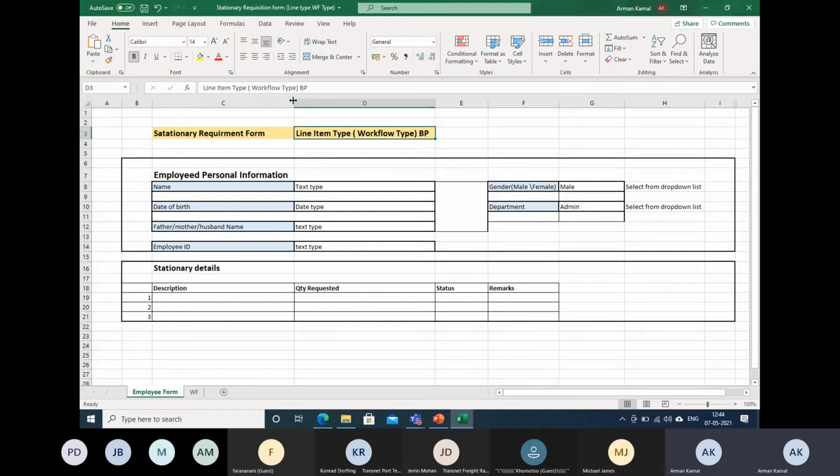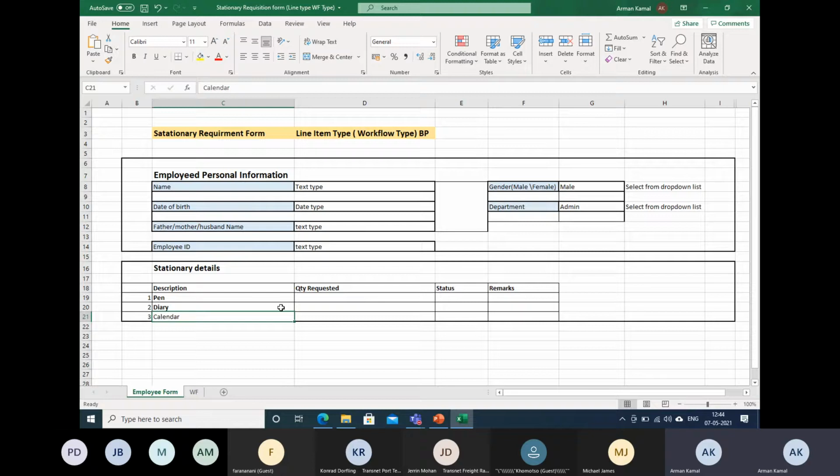Now the scenario is that there must be a request form with the same workflow cycle. There must be some workflow type where you can basically request anything. So let's say I'm Arman, I'm requesting my stationery. I need pen, I need diary, I need calendar on my desk.